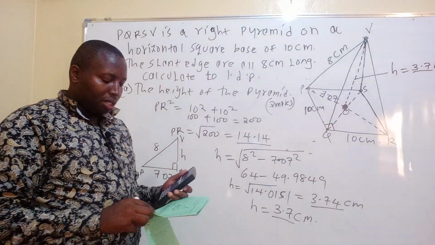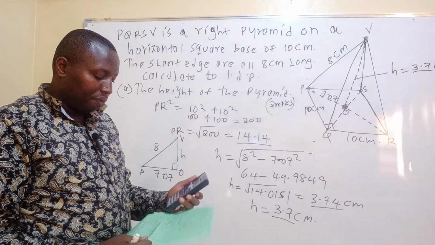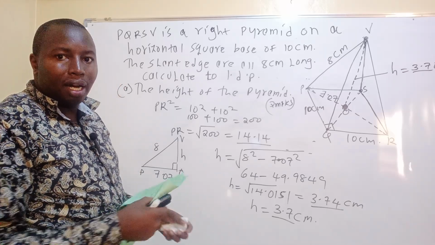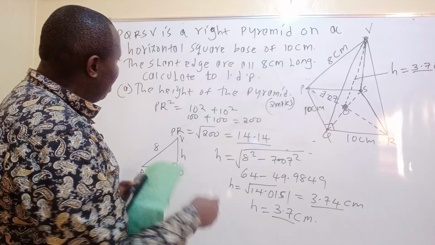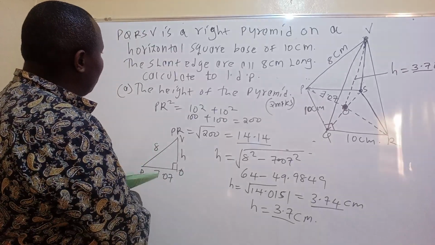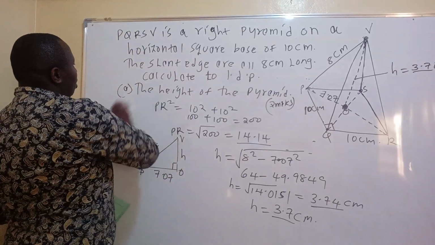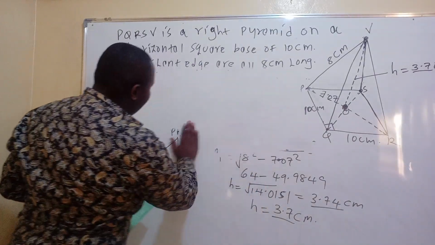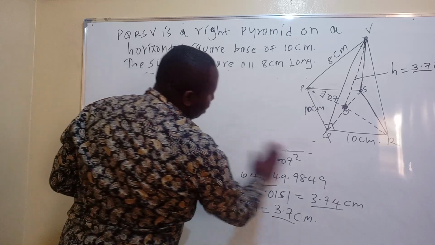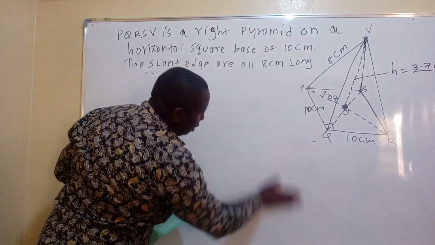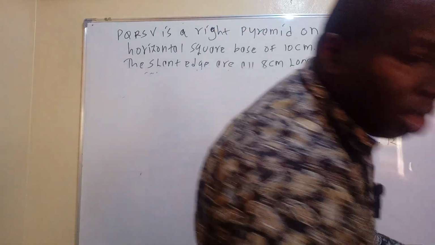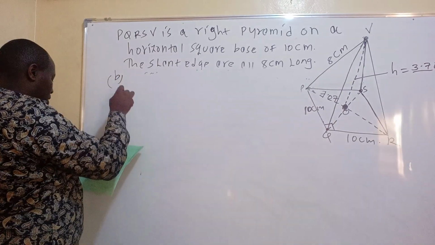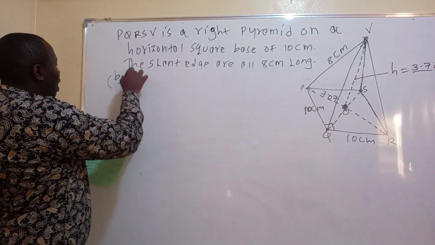Number 2. This one is now on the angle between a line and a plane, the one that you're going to find. We can label this one now because you already have the height. So part B of the question is the angle